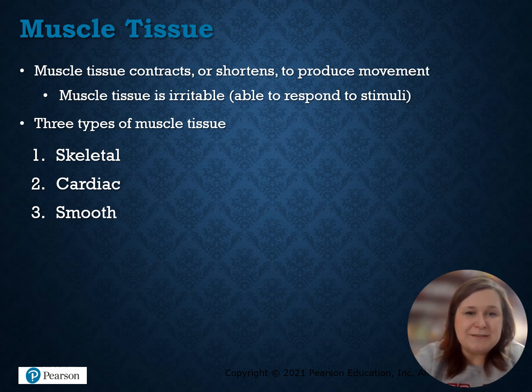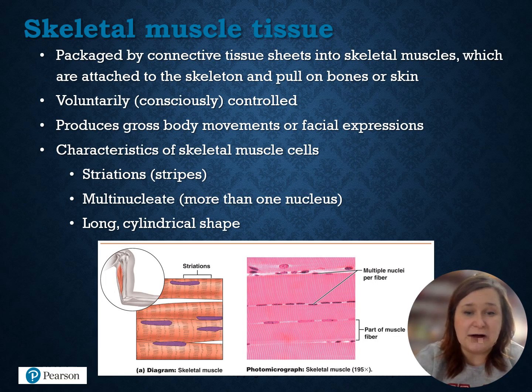So muscle tissue can contract or shorten to produce movement. Muscle tissue is what we call irritable, or able to respond to stimuli. We're going to have 3 different types: skeletal, cardiac, and smooth, and we looked at all of these in the lab this week. So skeletal muscle tissue is going to be packaged in connective tissue sheets into skeletal muscles,